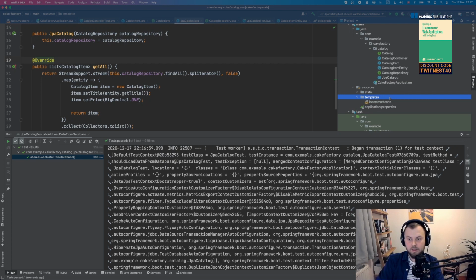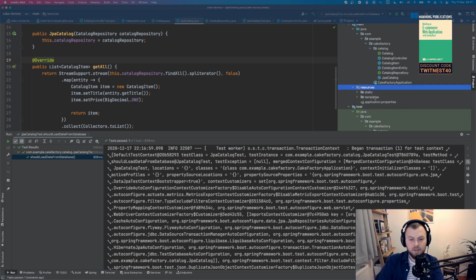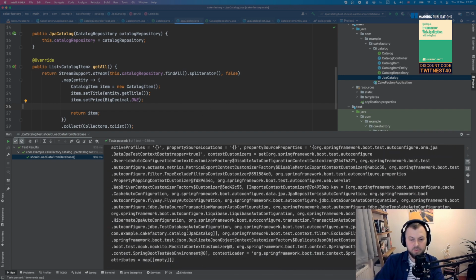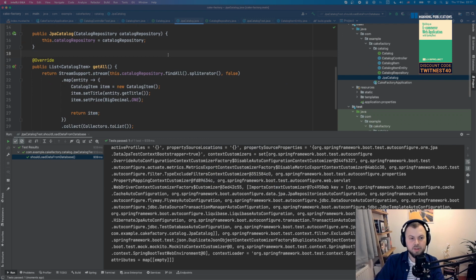At the moment, what we need to do as well is maybe create some test data. I started talking about that a second ago, about the schema and actually defining the schema. In most cases you do need to define a schema, but because we're using JPA with an embedded database, Spring Boot is smart enough to automatically generate a schema for us.